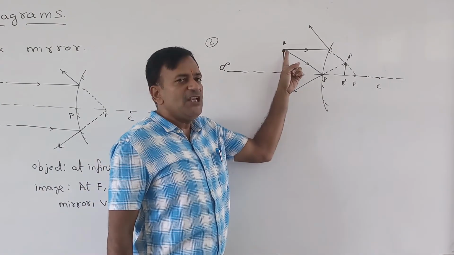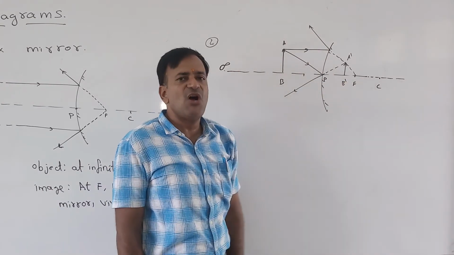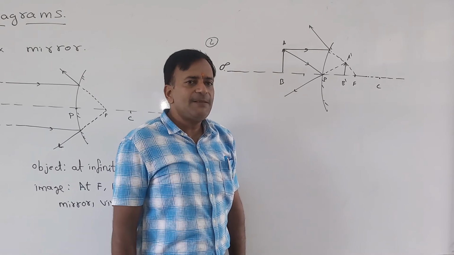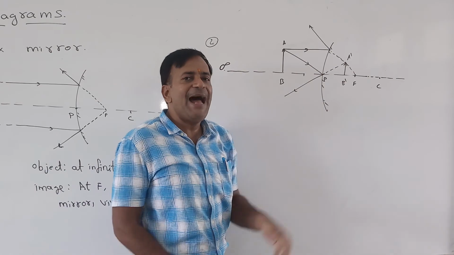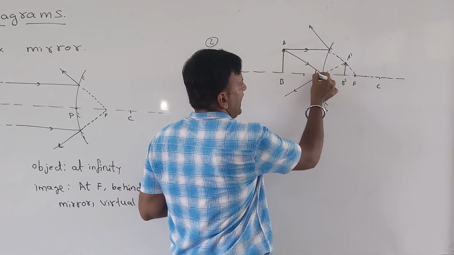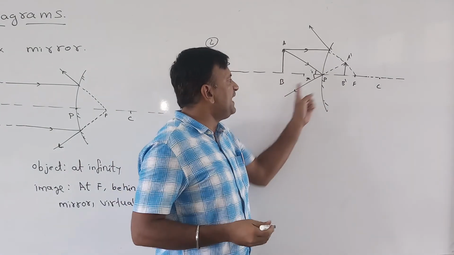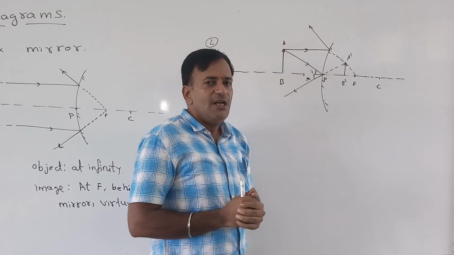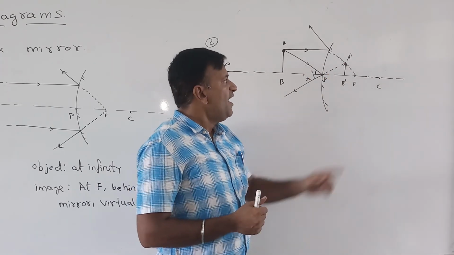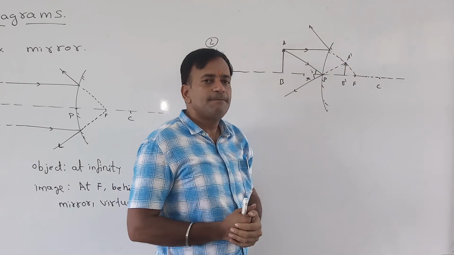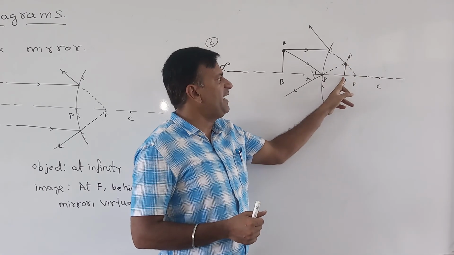One ray of light from the object parallel to principal axis after reflection appears to pass through the focus. Another ray of light similar to the previous diagrams strikes the pole and reflects back. This is angle of incidence, this is angle of reflection. Now because both these rays are diverging, they will not meet in forward direction, and have to be extended backwards where they meet at point A dash. This is the image of A dash. Just below it will be the image of B dash.